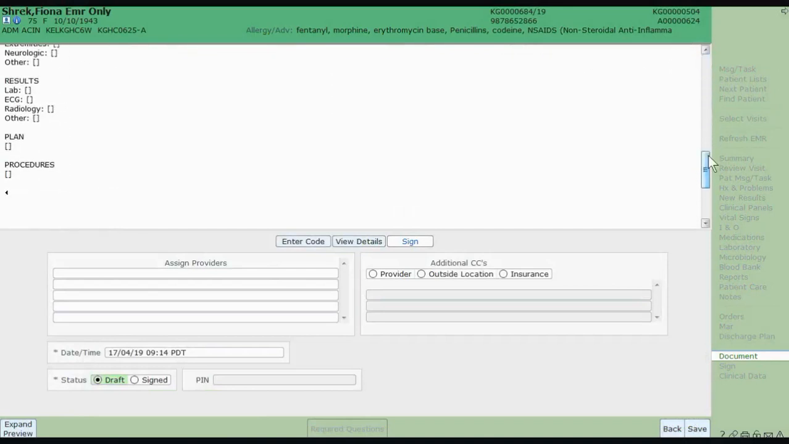Do not use the Assign Providers field. Use additional CCs to send the report to additional providers. Note that documents will not be distributed to physician offices or the patient portal, if applicable, until it has been signed. Once you have checked the document, to sign, select the Signed under Status